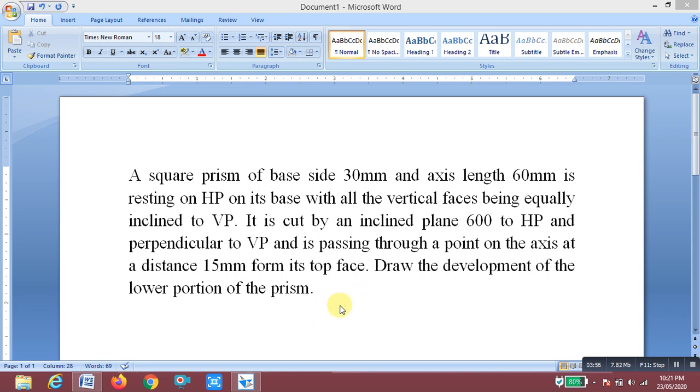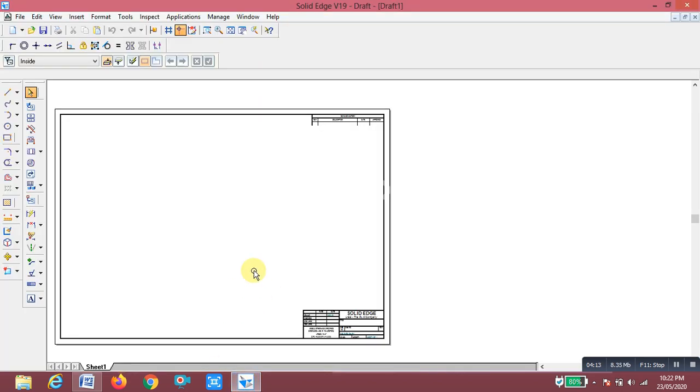Now I want to solve it. First we are going to draw the top view and front view of the square prism, then we are going to draw the development. First you click on Solid Edge, so you get this sheet. Next you have to do sheet setup. Just right click, that is sheet setup.